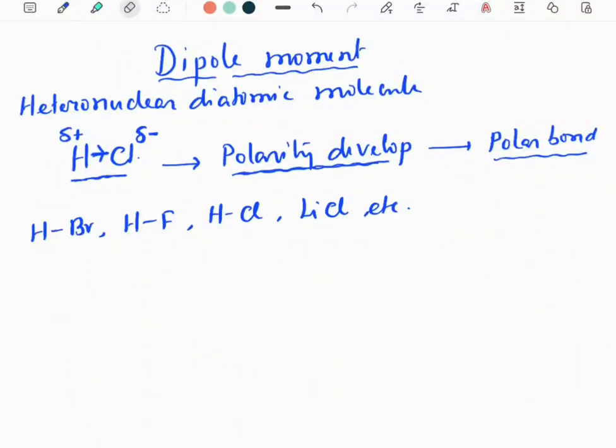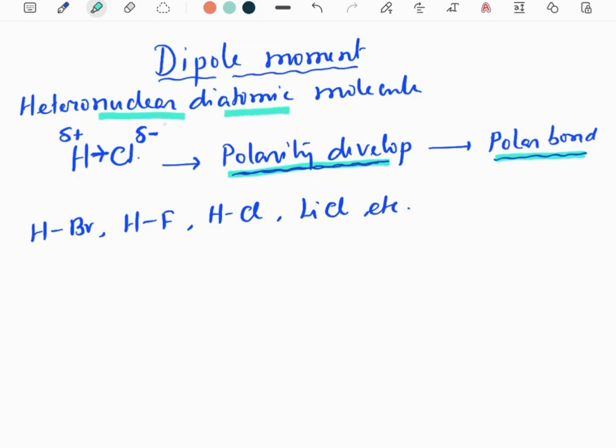Hello student. So today we will learn about dipole moment. Now before we know about dipole moment, we should learn about how the polarity develops in a bond and about the polar bonds. Now if we talk about, say, a heteronuclear diatomic molecule,